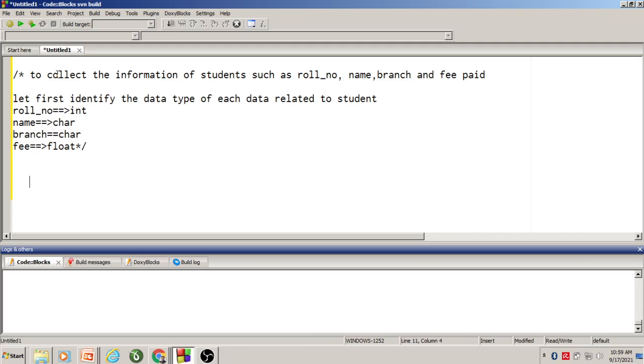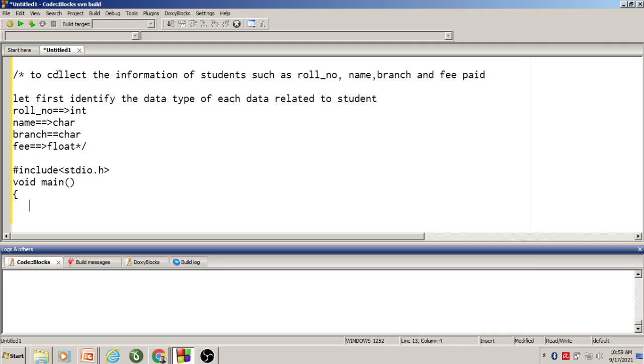Okay. So the program goes like this. Hash include stdio.h. Okay, this is a header file, and after that we will write the main function.